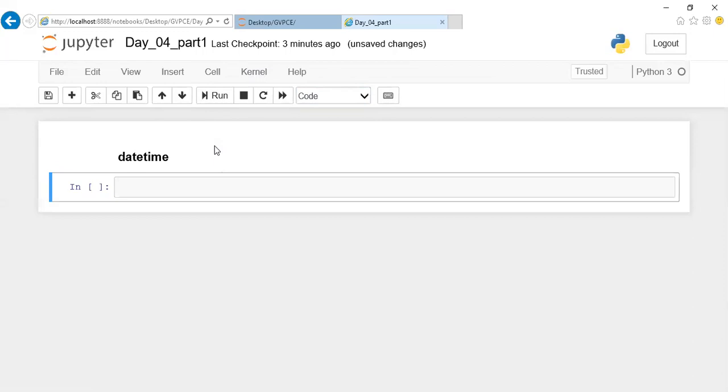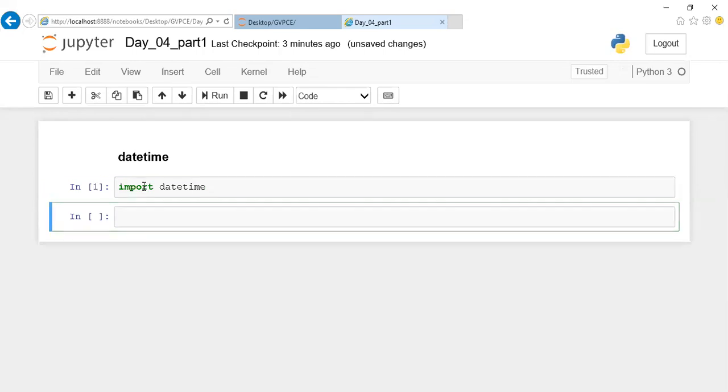So we have seen why we use the random module. If you want to pick a value randomly, we go with the random module. The same way, if you want to deal with date and time, then I can go ahead with the date time module. If you want to use it, I'm supposed to make use of import datetime. This is a module which you're supposed to import, then you can go ahead with the methods available in it.